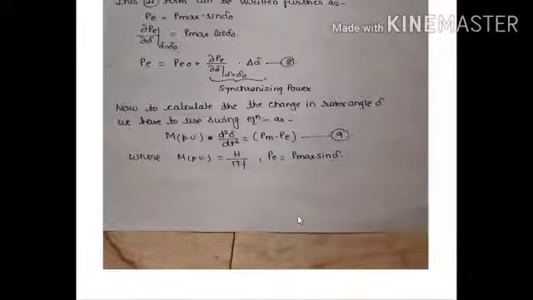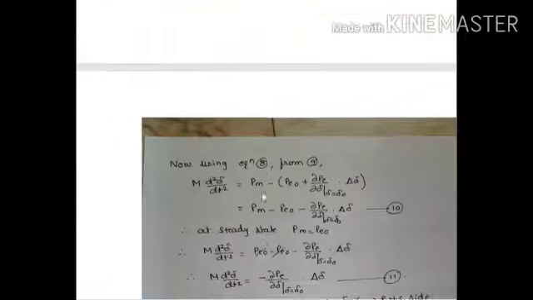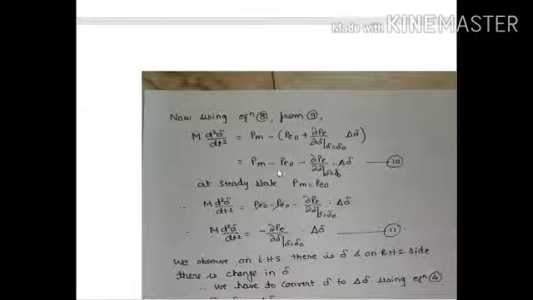Right? Now, using equation 8 from 9, we are going to substitute the value for PE here using this equation 8. So what do we obtain? Write this down. Expression 10. Obviously at steady state we know mechanical input is equal to electrical output. Therefore I can write for this term PM is equal to PE 0. Obviously this term gets cancelled.